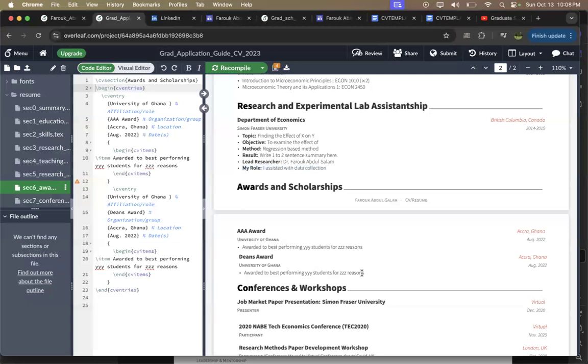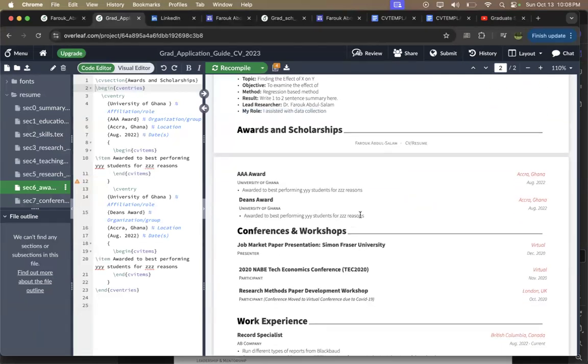Good. Then after that comes the whole idea of the award and scholarship that Suleiman also asked about. So here you can mention the award that you had, right? Maybe the best graduating student, but there's always the case that you can further elaborate on it. The reason why